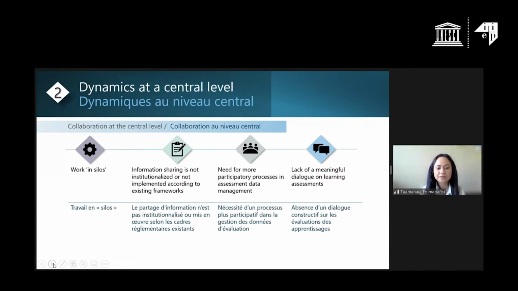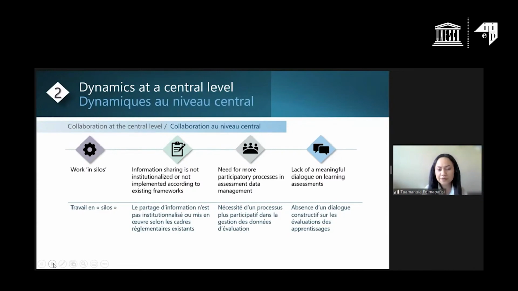What you need to know is that information sharing is not always institutionalized, or when this is the case, it is not implemented according to existing regulatory frameworks. But one has to note that the institutionalization of collaboration is not sufficient as a condition, because in some countries you have institutional mechanisms which create opportunities to collaborate, but this collaboration is not widely developed, and it does not create more sustainable relationships within the different